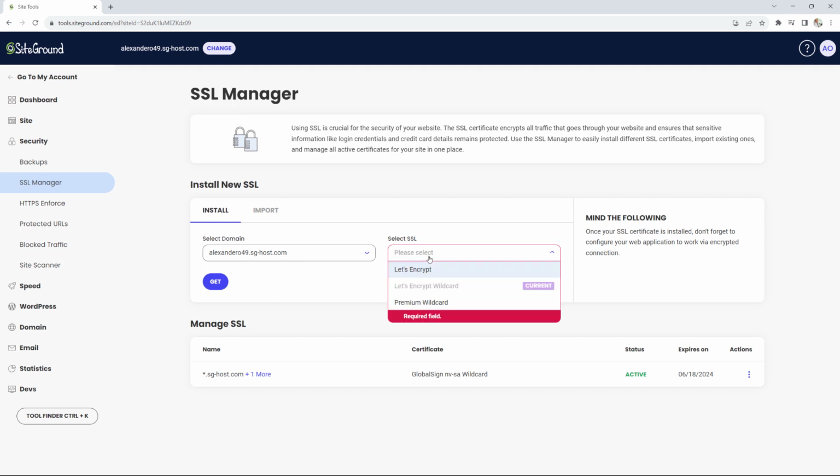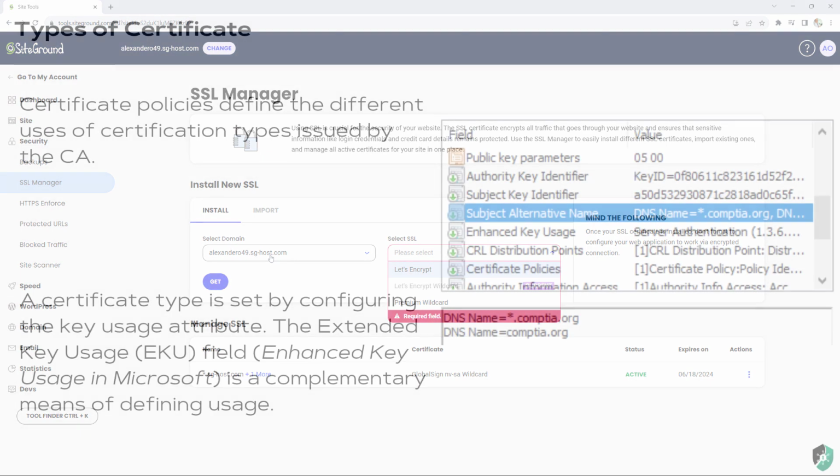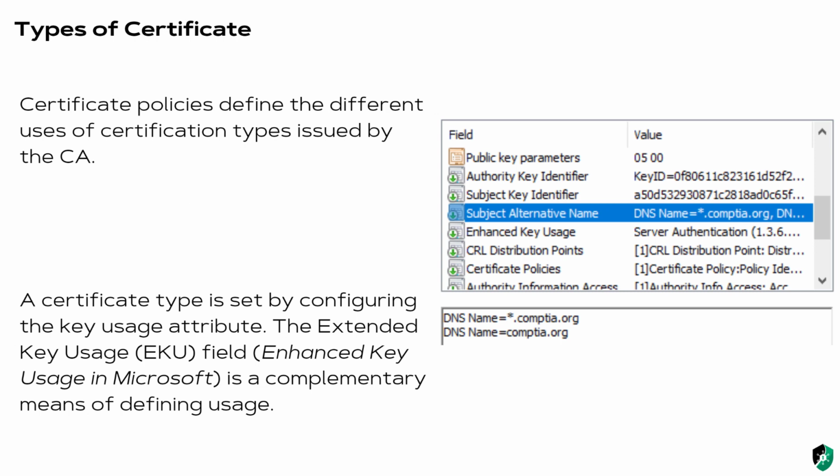alexandria49.sg-host.com. Right here, I can go with either the regular Let's Encrypt SSL certificate, which will encrypt specifically this particular domain, or I can go with the Let's Encrypt wildcard. And when I choose this one, every subdomain under this main domain right here will also have the SSL certificate as well. Now, there are different types of certificates, and certificate policies will define the different uses of certification types